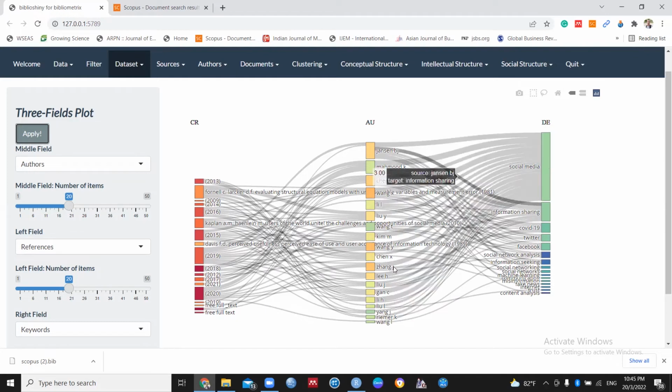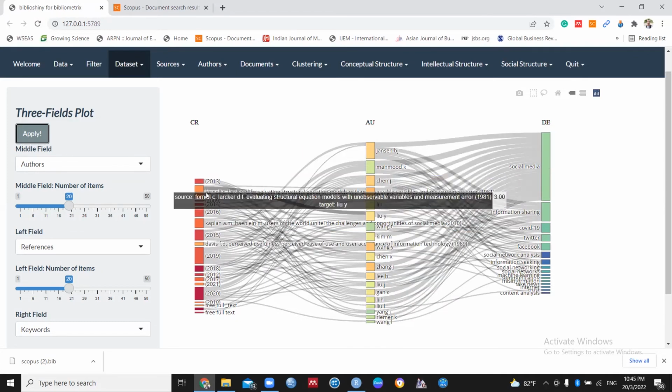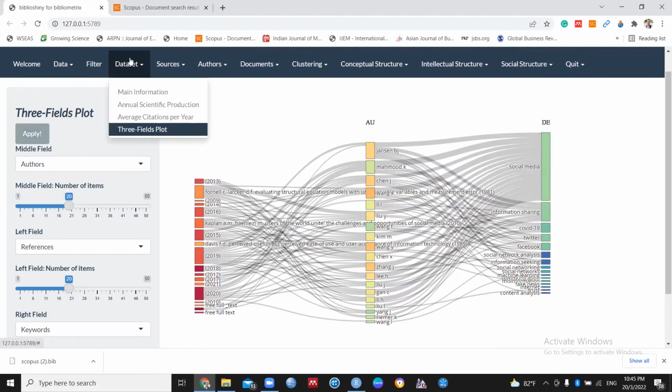Okay, and also these authors are related with different references. They already wrote papers related to information sharing in social media. Okay, this is all about the data set. Now there's another type of